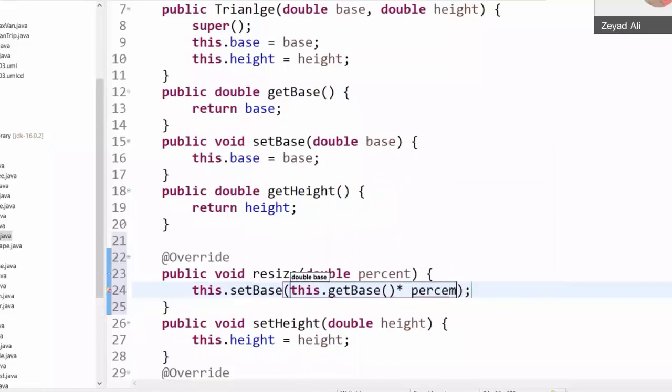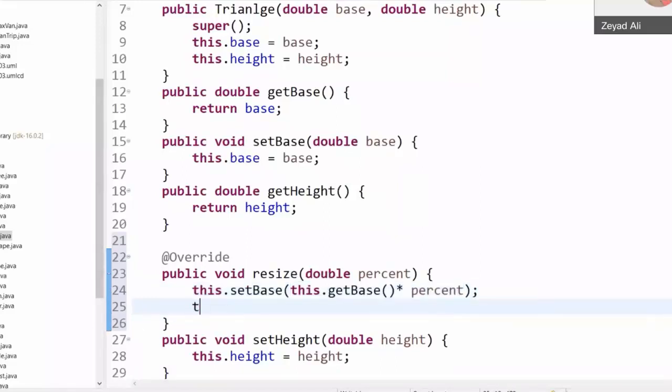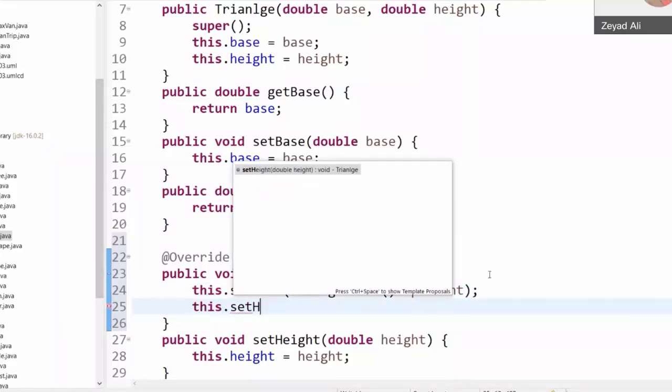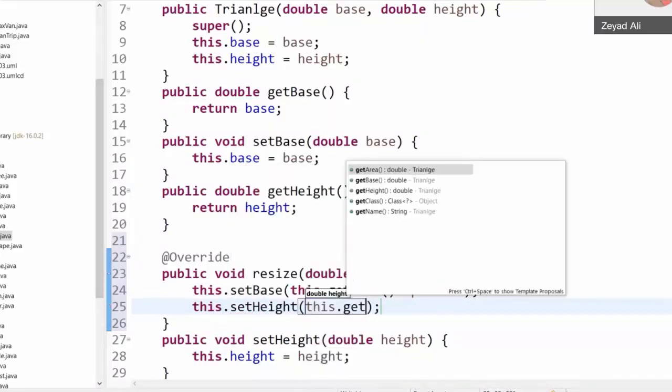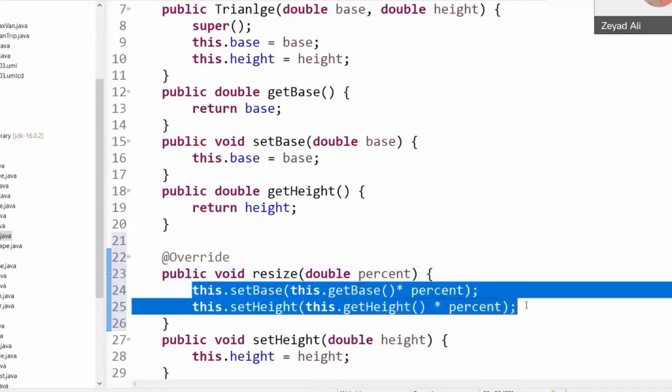And I will do the same thing for the height: this.setHeight equals this.getHeight times percent. That's it. Now, if you send 0.8, the shape will be resized. If you send 2, the same shape will grow.